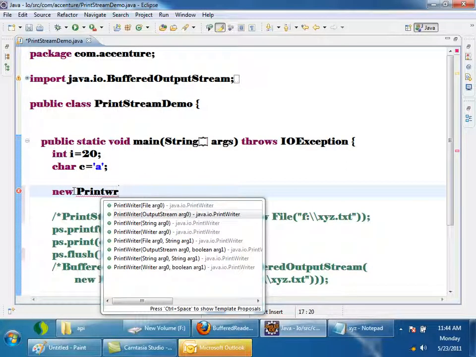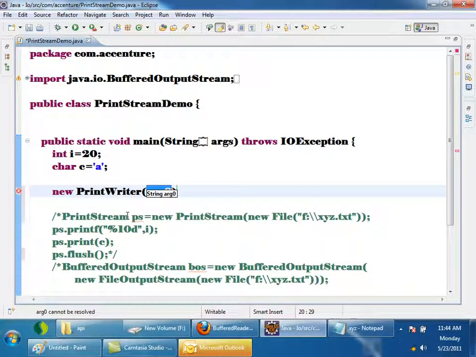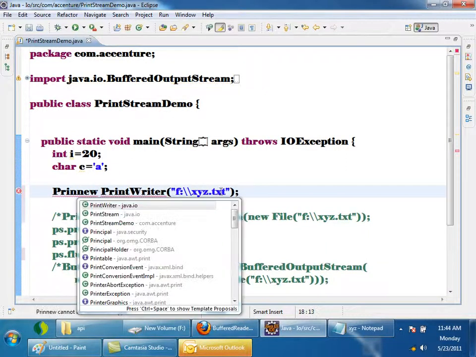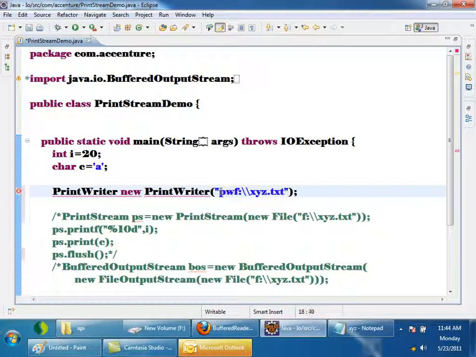There are a lot of overloaded constructors: one taking a file, one taking an output stream, one taking a string. This seems to be simpler, which takes a string, the file path. I will pass the file path where I want to write, f:/xyz.txt. PrintWriter pw equals